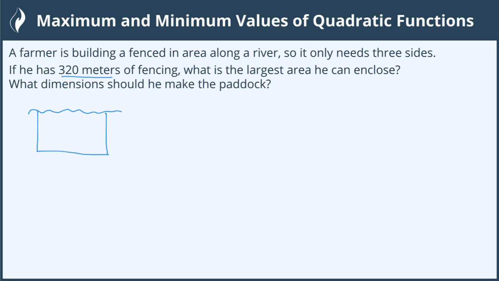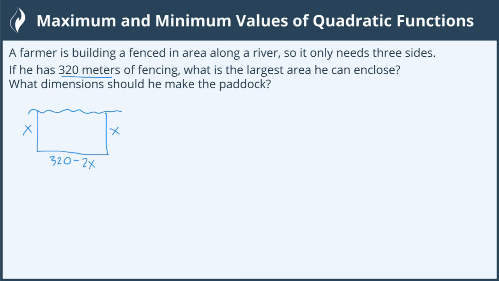So let's first label some of the sides here. Let's call this X, which means this side would also be X. Now, figuring out this bottom side, we know that we need to enclose these 3 sides with the fencing, and we have a total of 320 meters. So the bottom side is going to be 320 meters minus what I've already used for the left and the right side. So the left side is X, the right side is X, so together they would be 2X. The bottom length of fence would be 320 minus 2X, which is what I've already used for the left side